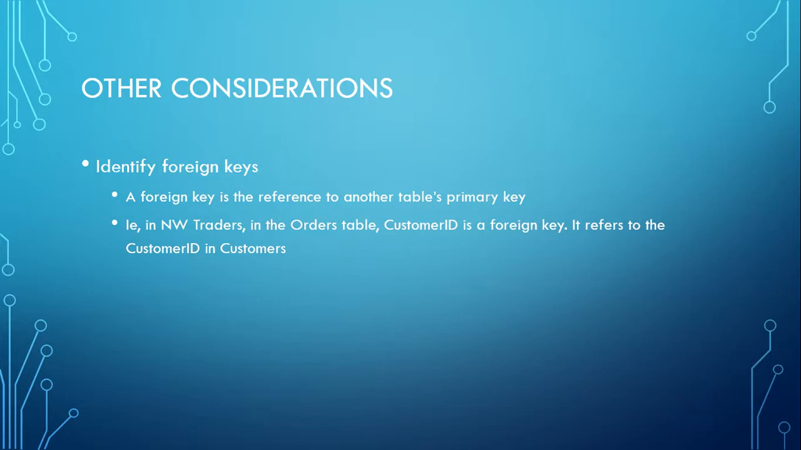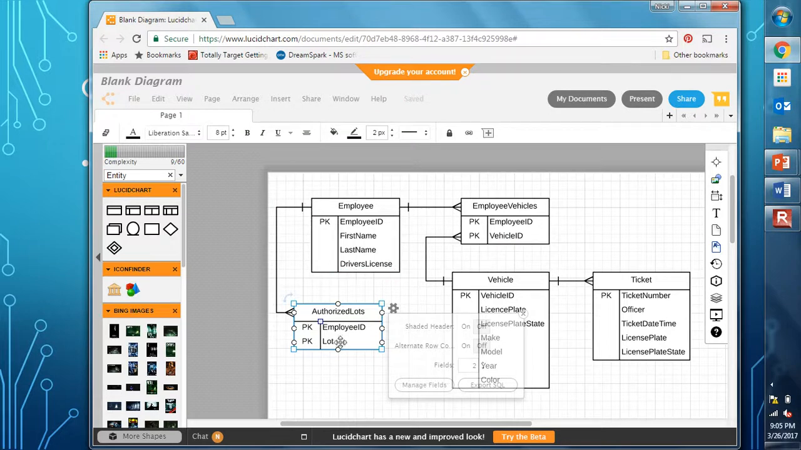We also need to do our foreign keys. So a foreign key is the reference to another table's primary key. So in our Northwind Traders database, in the customers table, customer ID is a primary key. But when we see it in the orders table, that's the foreign key. So the customer ID has to exist in the customers table before we can use it in the orders table. So if we look at these,